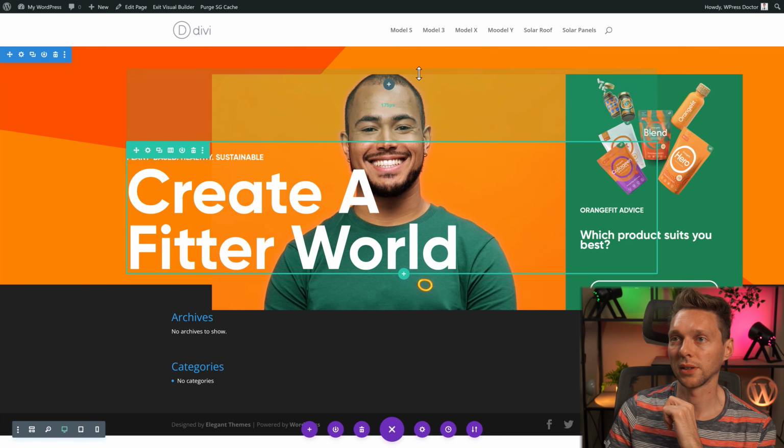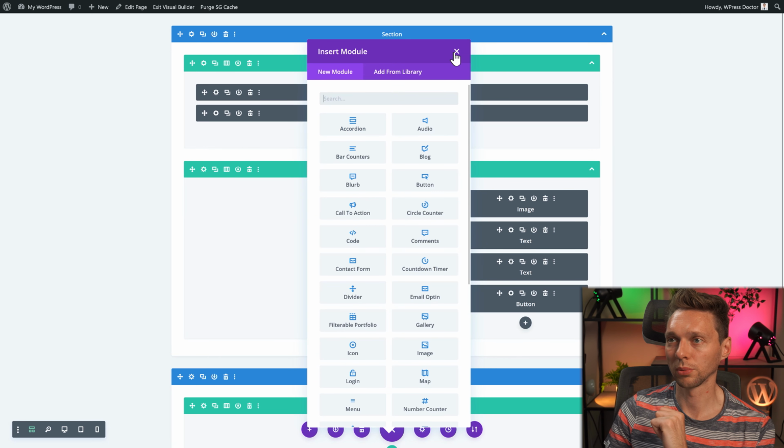Excellent. Well, of course we can tweak it just a little bit more. Go to this row, go to advanced, position. We're going to change the horizontal offset. Then create the next section below it. Go back to your wireframe, create a new regular section. And the first thing is a normal row.